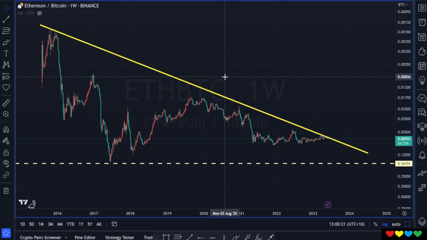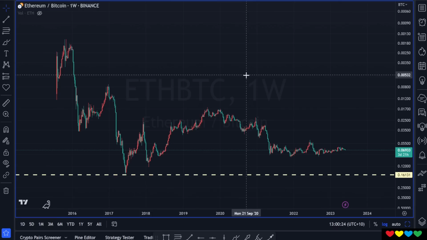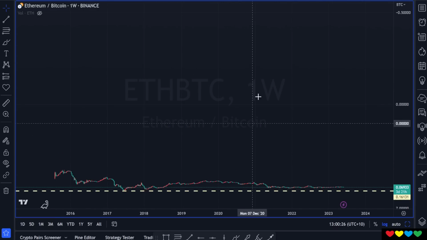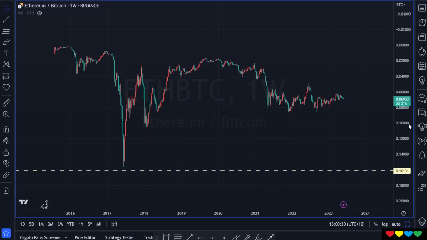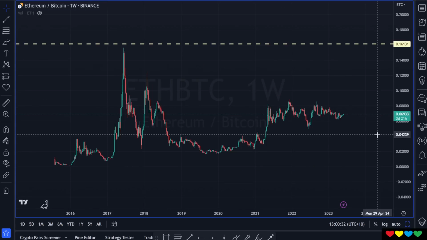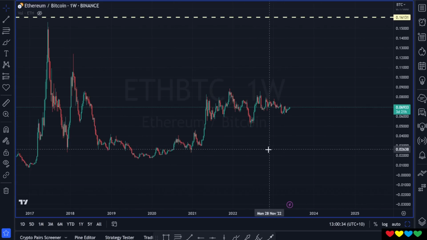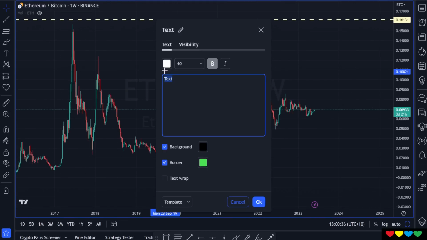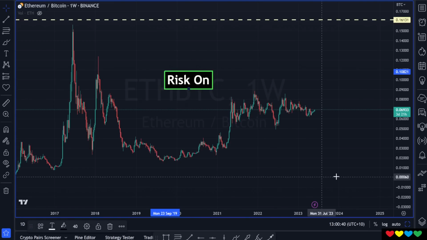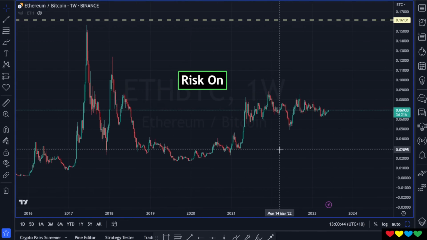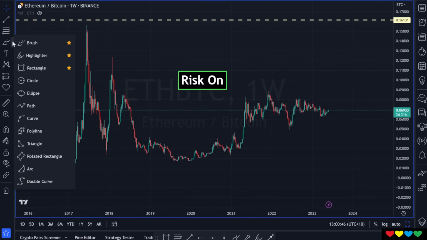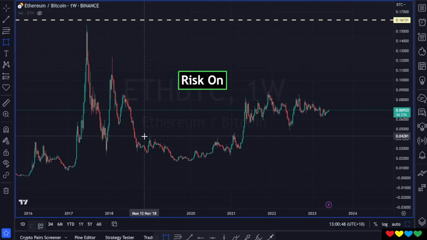So I don't like looking at that Bitcoin dominance chart just by itself like that. The real chart I want to look at is ETH BTC, because ETH BTC, we don't want to put it on a regular chart, and we don't want to invert it. The ETH BTC is the risk on indicator for crypto. But things have been changing. The liquidity between Bitcoin and Ethereum is so big. It's very hard for Ethereum to disconnect the way it used to.